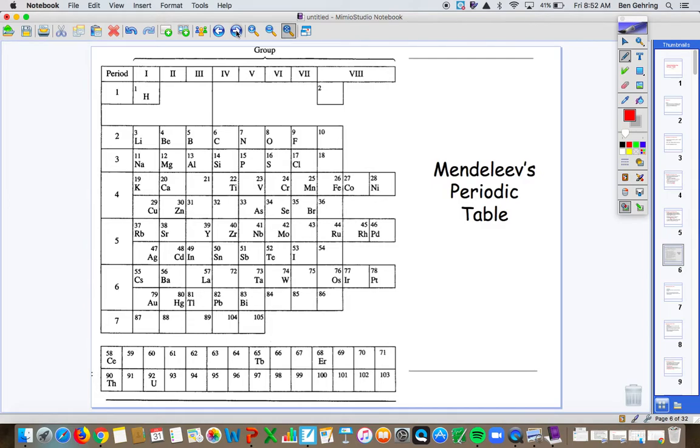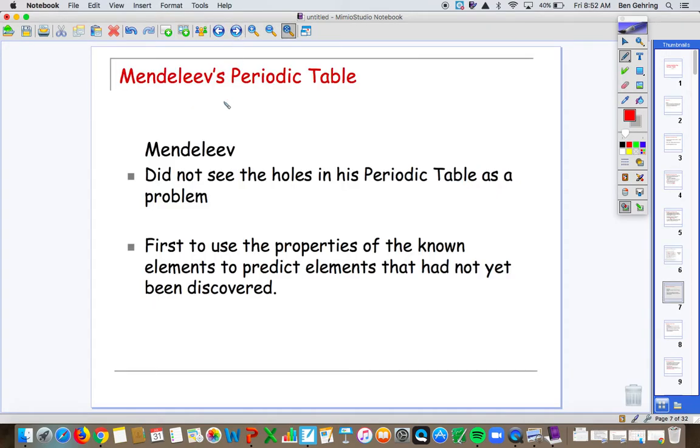So he built his by atomic mass. And you'll notice there are holes here. So there's gaps. 21 is a gap. 18 is a gap. 36 is a gap. There are all these holes where we don't have elements. And he saw these as opportunities. Not really a problem, but an opportunity. And so he could use the properties of the elements surrounding it to make a prediction about these holes. And he did that. So again, the holes aren't a problem. He used the properties to predict elements. And he actually predicted an element called